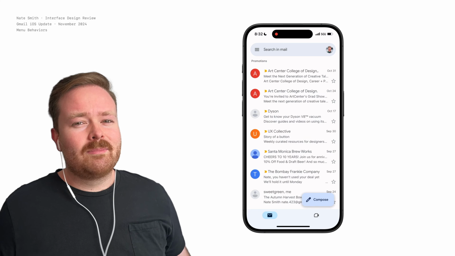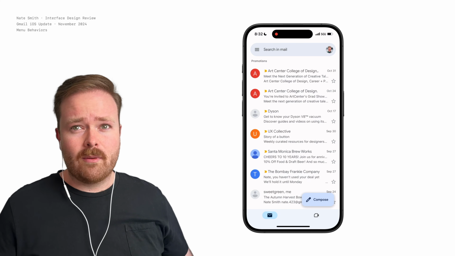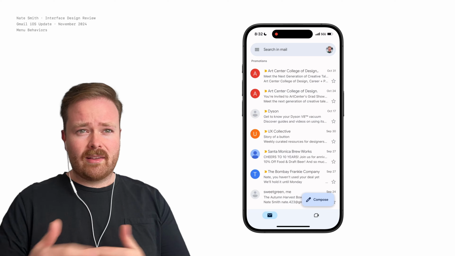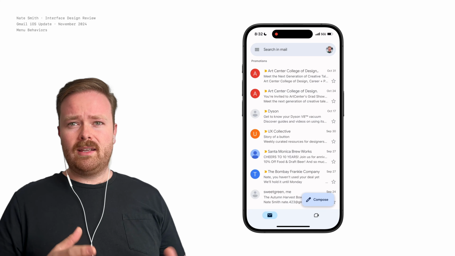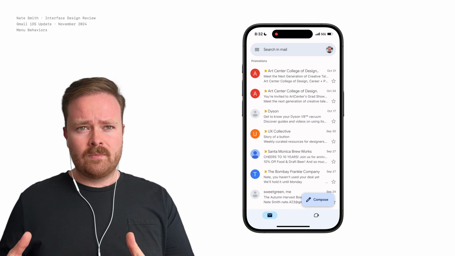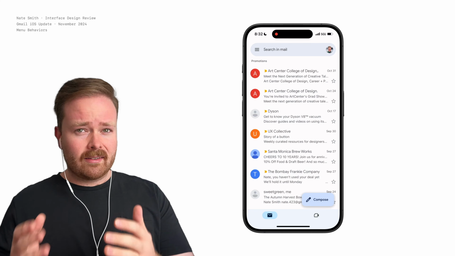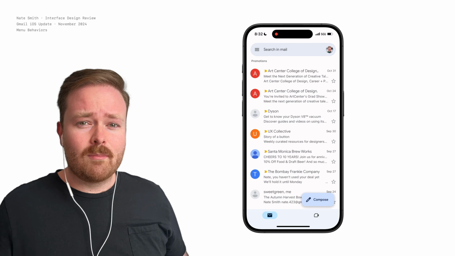Overall, I think this Gmail update really shows how design systems evolve and blend together in interesting ways. Taking Material Design 3, combining it with iOS native patterns, creates something that still feels very much Gmail, but it's at home on iOS. It's a good example of balancing platform and brand, custom and native UI. This is a hard problem in software, and I think Gmail's done a pretty nice job here.